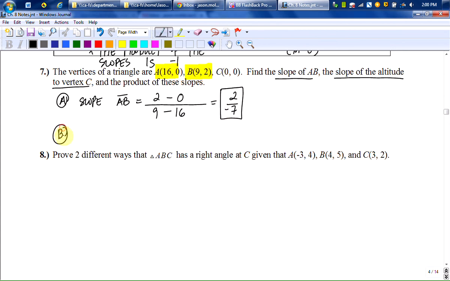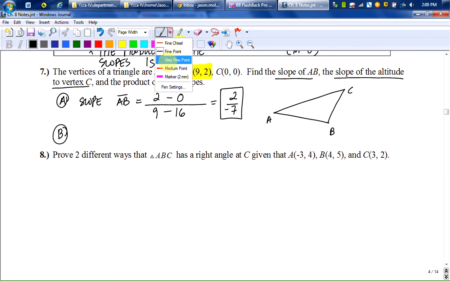B, I want to find the slope of the altitude to vertex C. So I'm just going to draw a sketch of what's going on. By no means is this what the graph actually looks like. And what I remember about altitudes, and one of the reasons that they were asking me to do part A, was that whenever I sketch in the altitude, let me just make an adjustment here so that it doesn't look kind of strange. When I draw in the altitude from C, it needs to be perpendicular to the line that